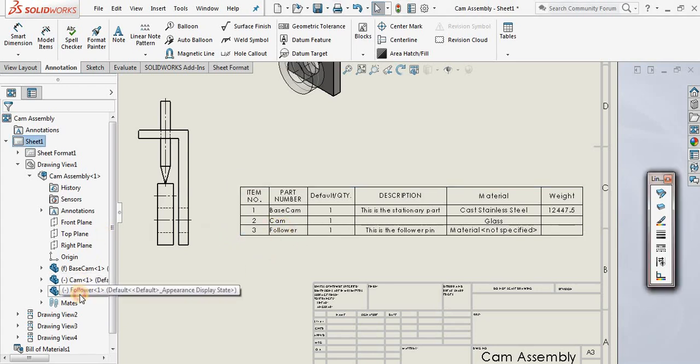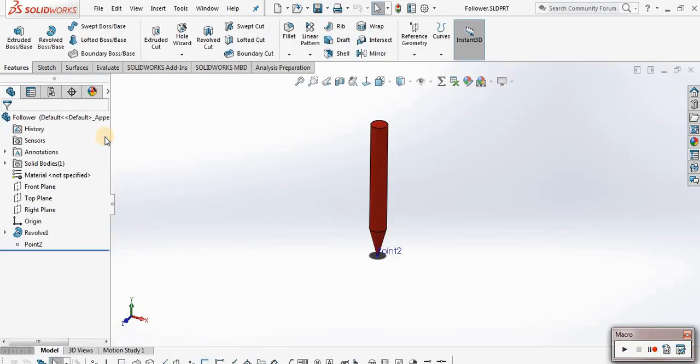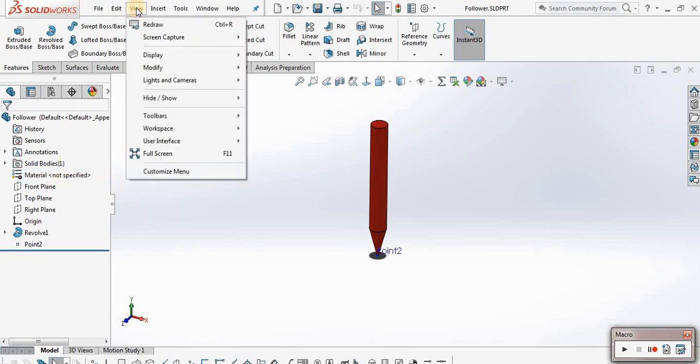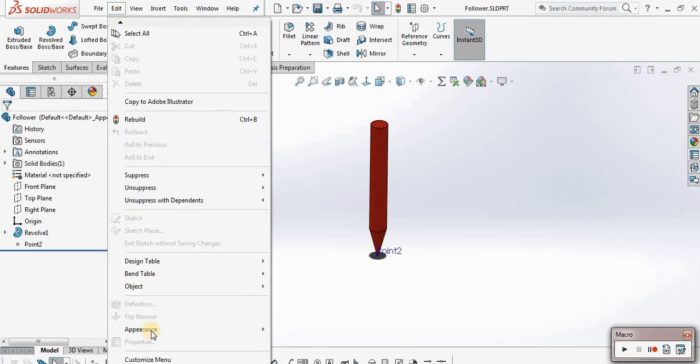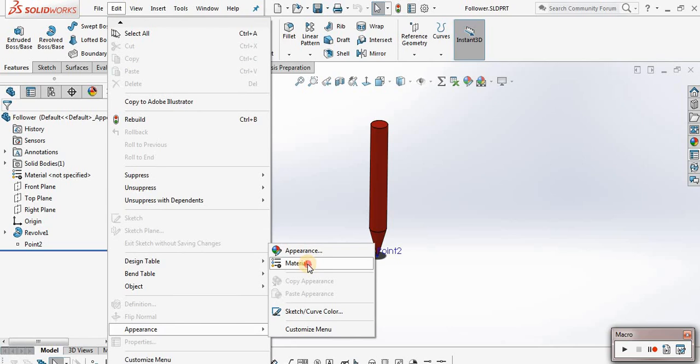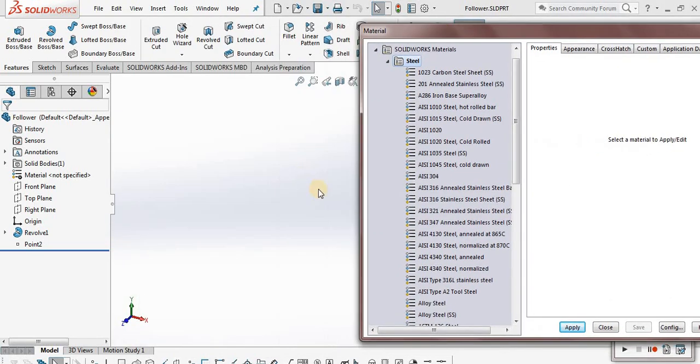So let me open the follower part. It doesn't have a material right here. If you don't see this, you can hide it. So you go to edit, not view, edit. You go down to appearance and say material, and select the material for